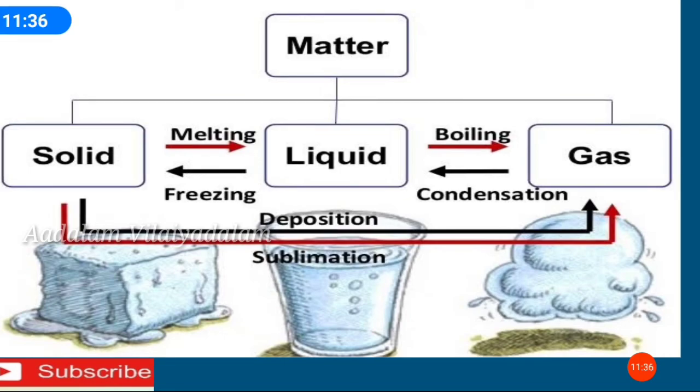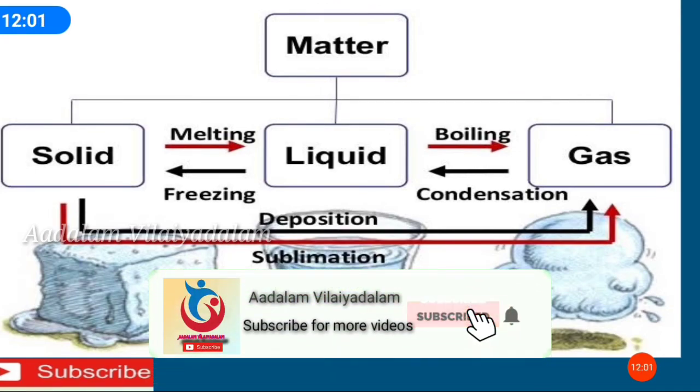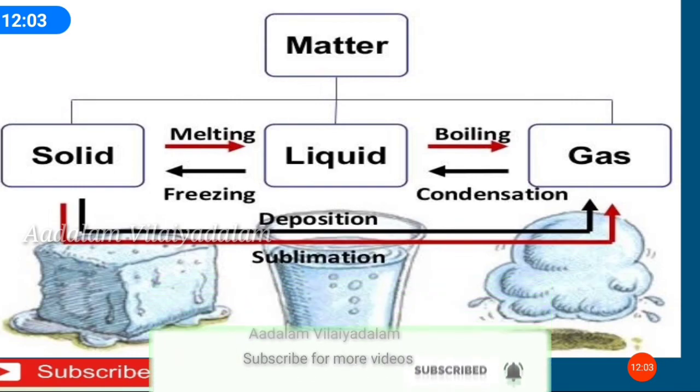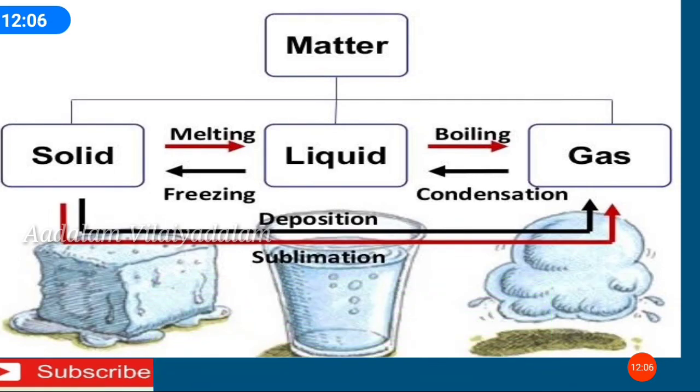When a liquid is heated, the particles gain energy and vibrate. Then gases: boiling occurs when the boiling point is reached. The liquid changes to its gaseous state. On cooling, gases condense into water. On freezing, the water becomes solid. So melting, boiling, freezing and condensation are the changes that occur during the changes of state.